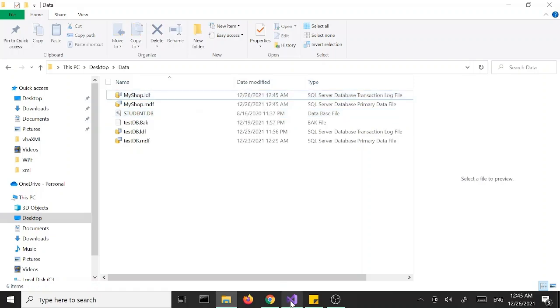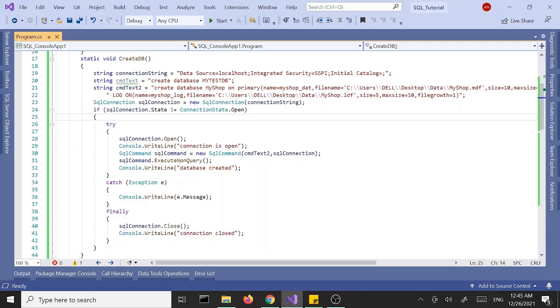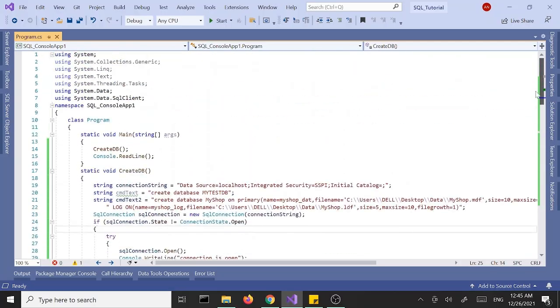Okay, so those are a couple of ways that you can create a database using C#. Of course, these are not the only two ways, but